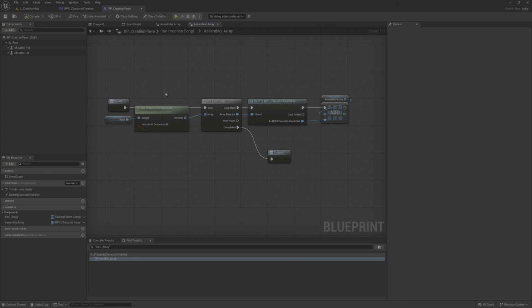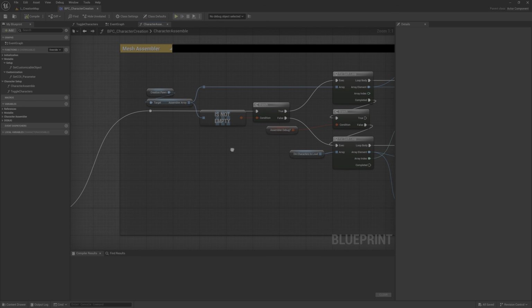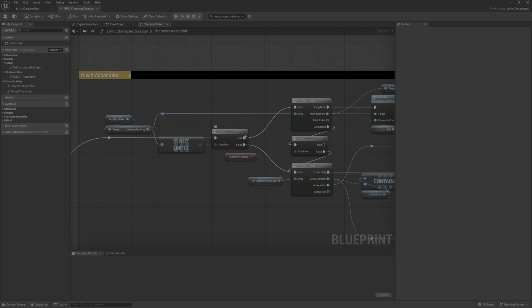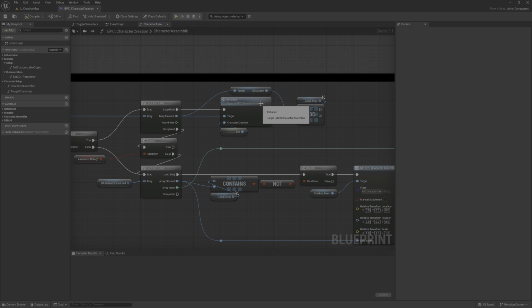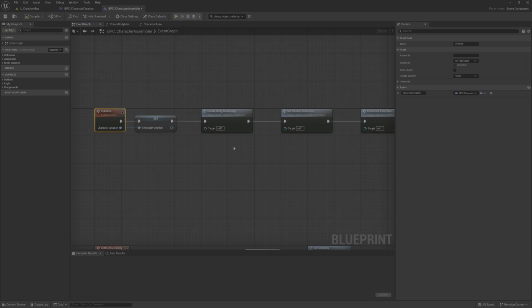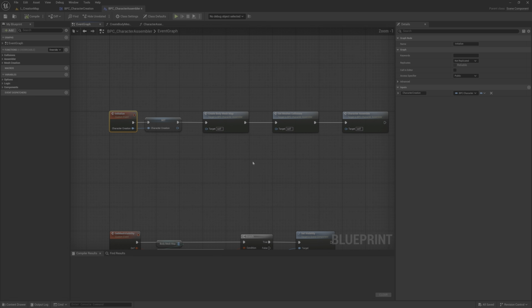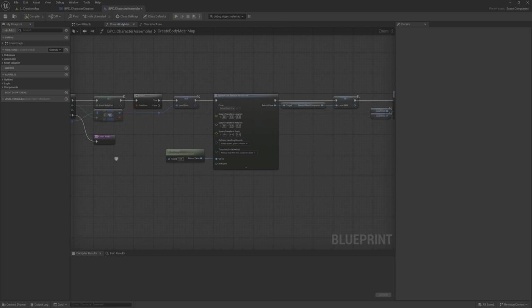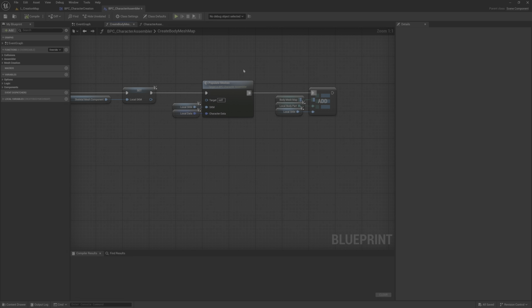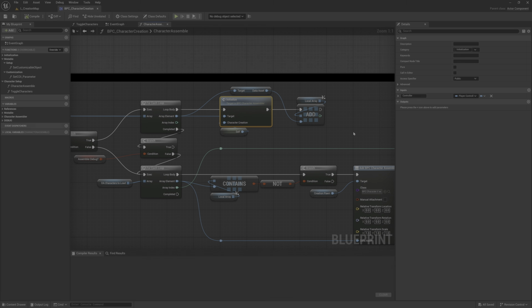So what I did here is check if I have already one of those, and if I do have some of those, because it's not emptying the array, I initialize, and basically it's a set of instructions that is creating the skeletal mesh, and it's complex.